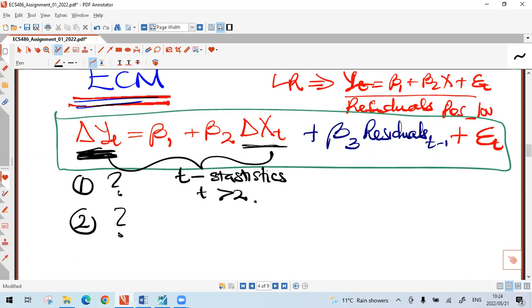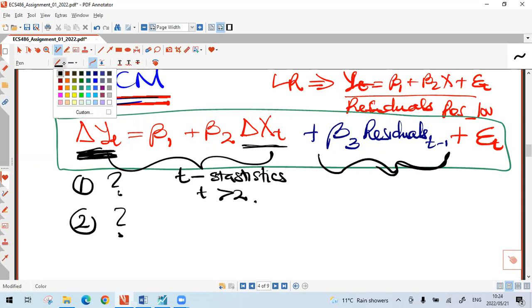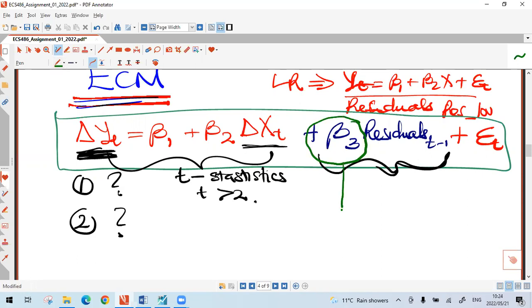How do we do that? We are going to be guided by this part. And here I want you to listen and listen good. Here, there's this beta 3. This beta 3 you are seeing here is the coefficient of the lagged residuals. So for you to see whether the model is capable of adjusting to its long run equilibrium after facing some shock, you should look at your beta 3. If your beta 3 is significant,